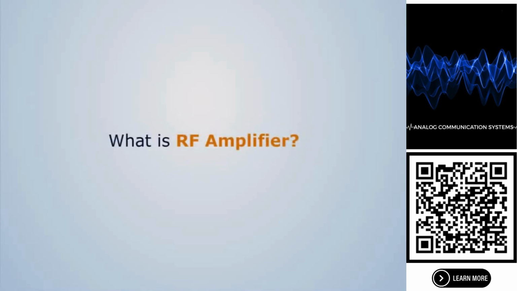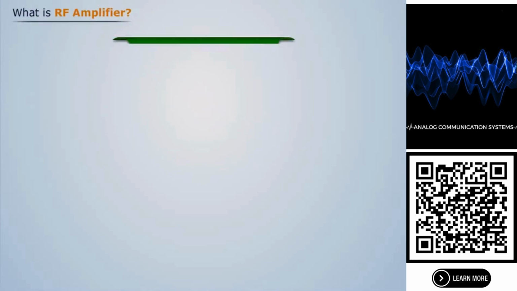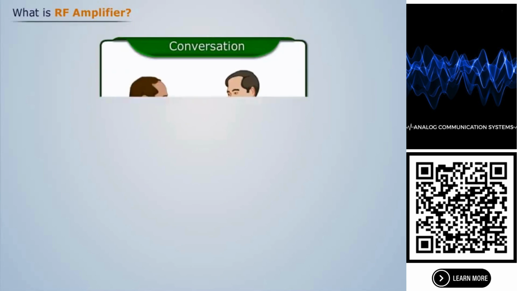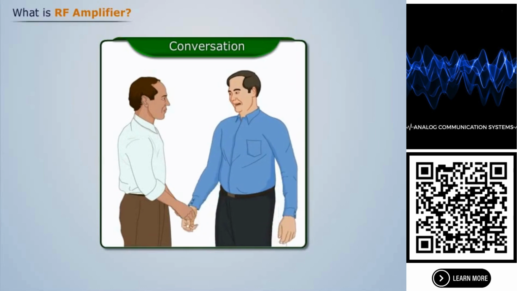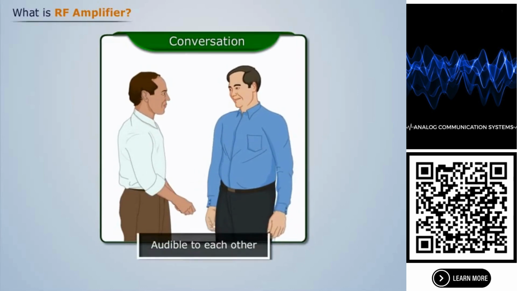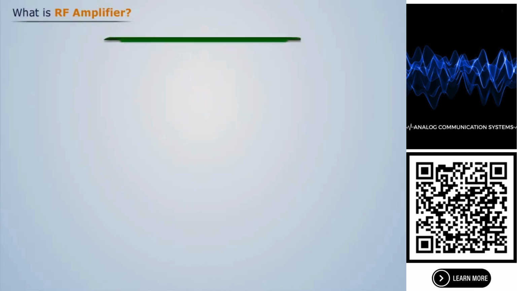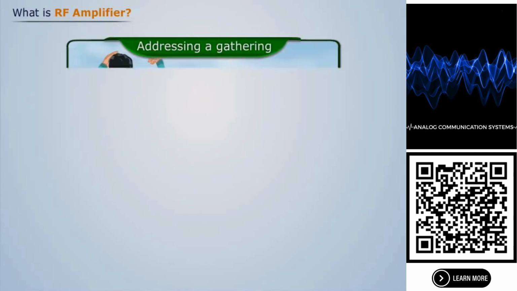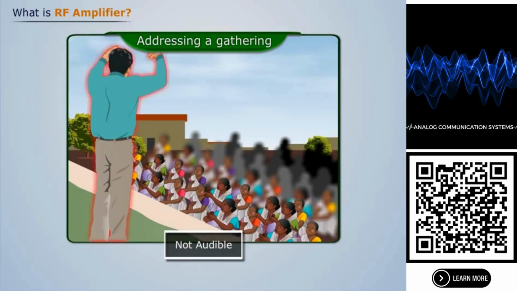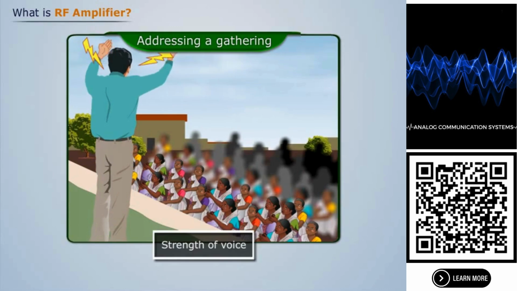What is an RF amplifier? Let's take an example of conversation. First, between two people. When two people are conversing, they are audible to each other. But when someone is addressing a gathering of people, that person is not audible to everyone. So there must be some means through which the strength of the voice is amplified so that that person is